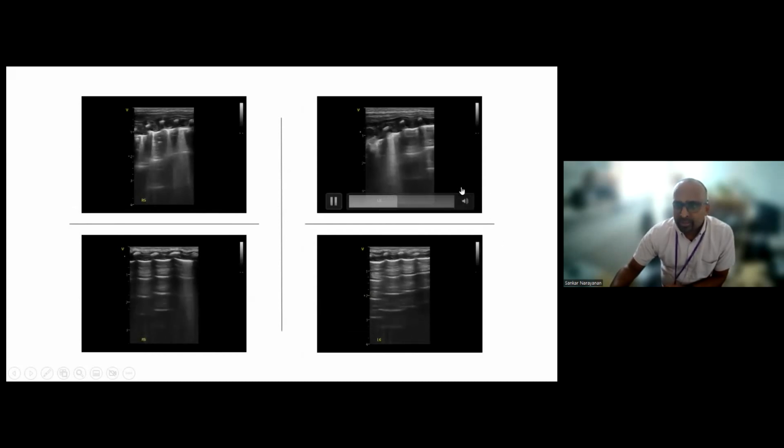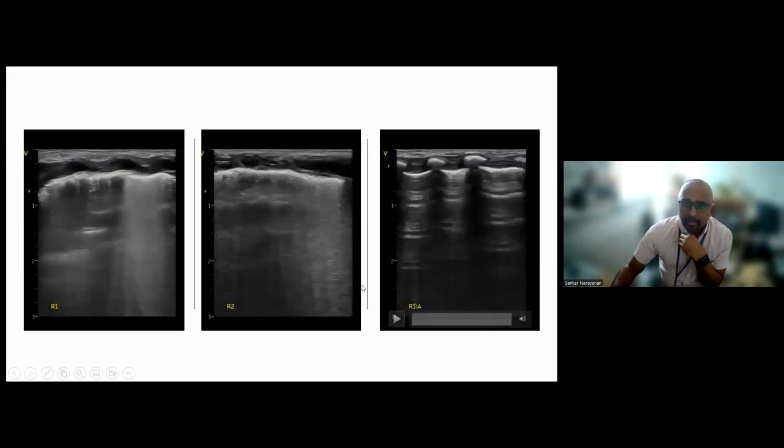On the left side, L5, again, a combination of A and B profile. It's interesting to see that on the upper part of the lung, more of a B profile, and on the lower part, A profile, almost with a double lung point there. And on the L6, it was predominantly A lines with good pleural sliding. Then moving on to the